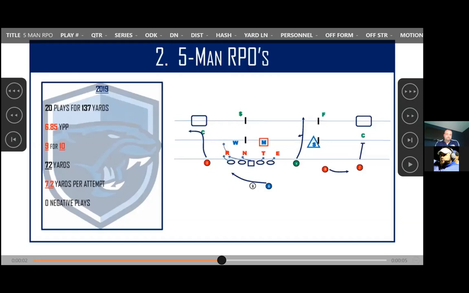Now, again, looking back, if you look at the numbers, we're 9 for 10. So again, super high completion. We're talking 90% completion, 7.2 yards per attempt. Probably should be trying to throw these more. But obviously, we can't force play calls on a defense that doesn't give us the optimum look. So you saw in a couple of those clips, you probably saw some similar jersey colors playing against us. In those same games, we might not necessarily be running these plays. Okay, so you'll probably see some different clips here.